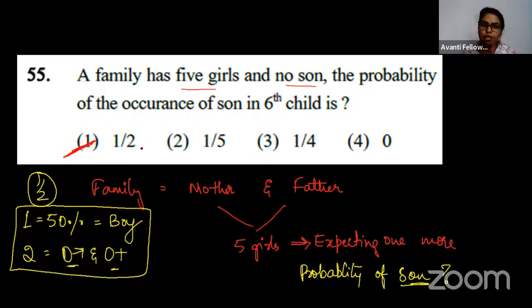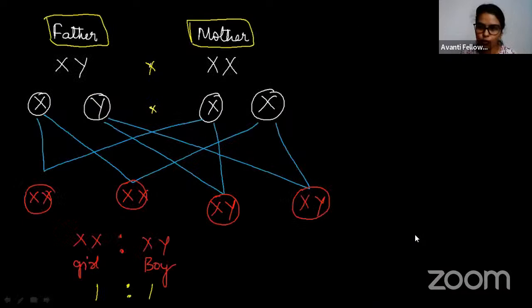ठीक है, मतलब क्या है बेटा, कोई भी क्वेश्चन अगर आपको, if they are not asking son, if they ask you the girl child, then also the possibility is 50% only. Okay, then also the possibility is 50%. Either it is a boy or a girl, it is always 1:1. That is 1:50%. Okay, is this clear to everyone? Yes. Then let's move on. Okay, then let's move forward.